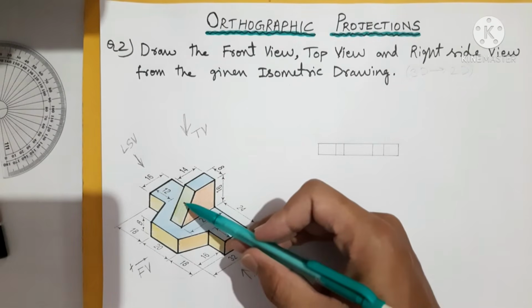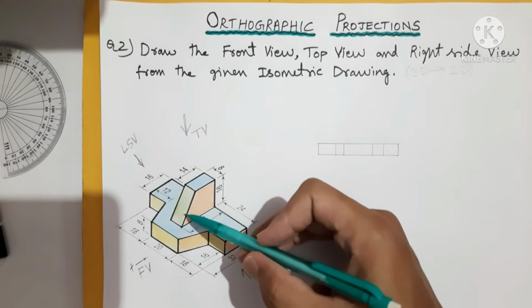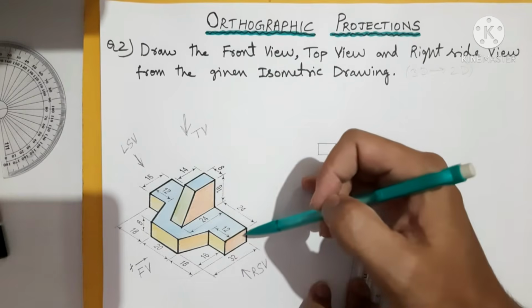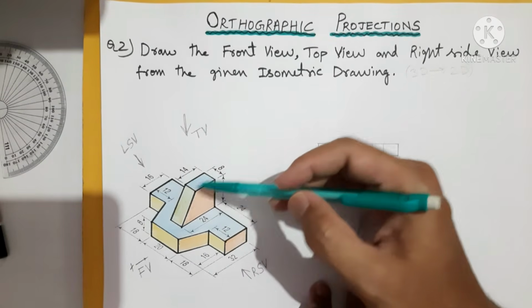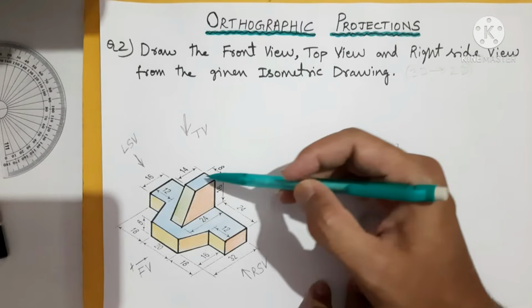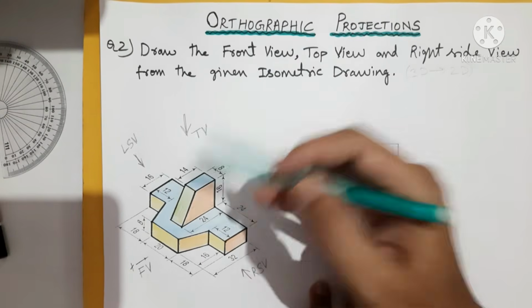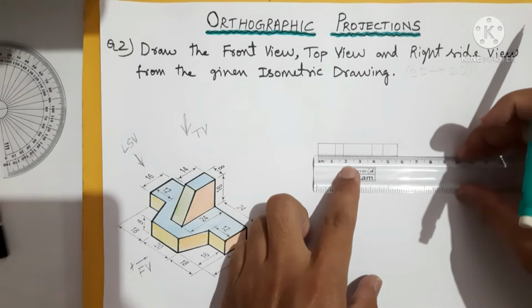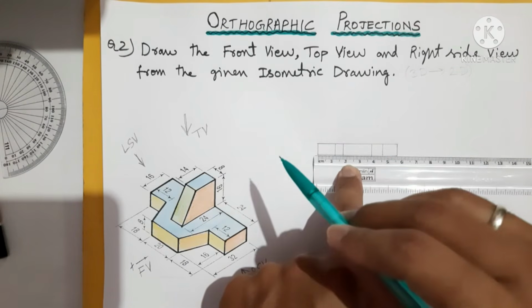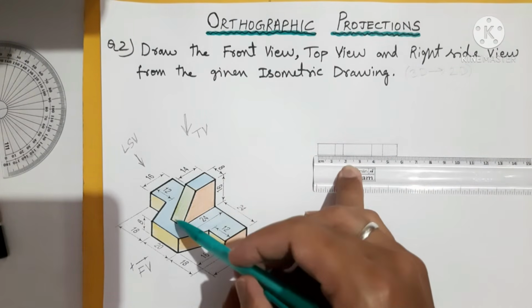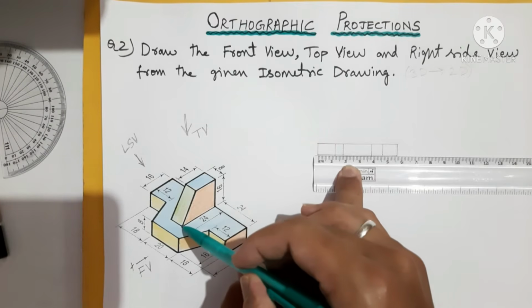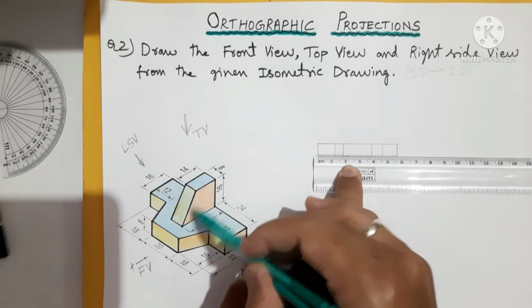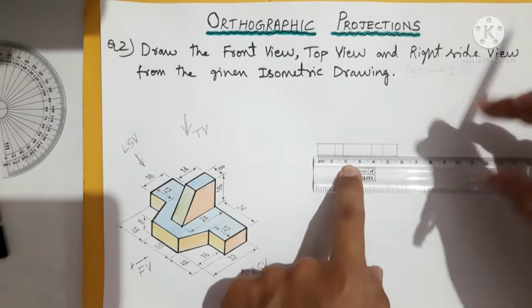This slope kind of thing is at the center of the block through the total length. If you see, it is at the center, and the width of this is 8 mm. So the midpoint of the 56 length, you see, and from the midpoint 4 mm this side, 4 mm that side, you will be getting these 2 points. Then from here you can raise it to a height of 16 millimeters.